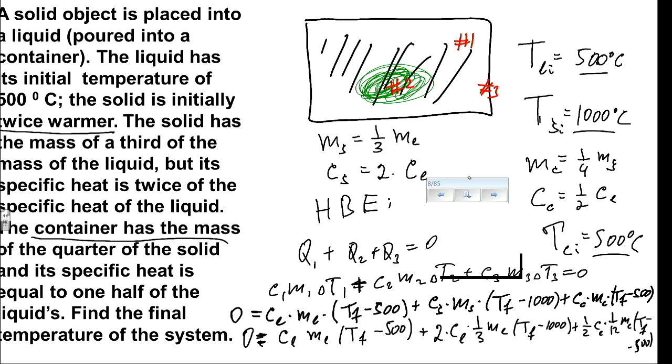That's it. I'm going to stop here because now we can cancel Cm, Cm, Cm. Even if we don't know those variables, it's a very common situation. What is good about the heat balance equation? Everything equals 0. And now there's only one unknown variable left, the final temperature. And you can rearrange and solve it.